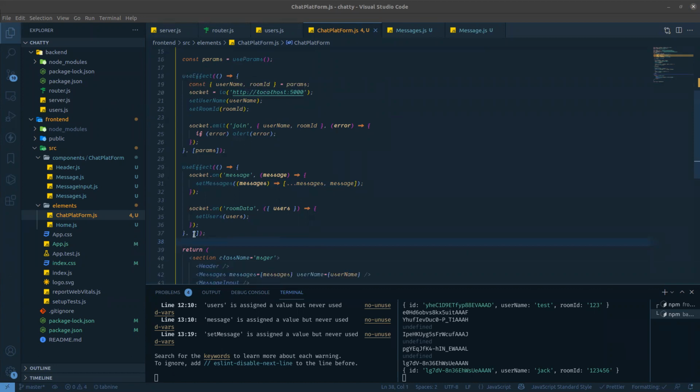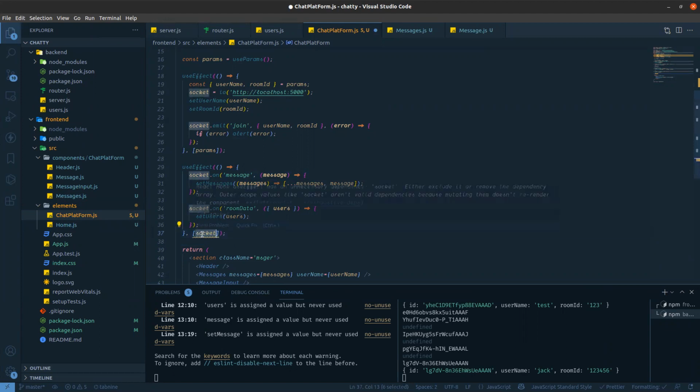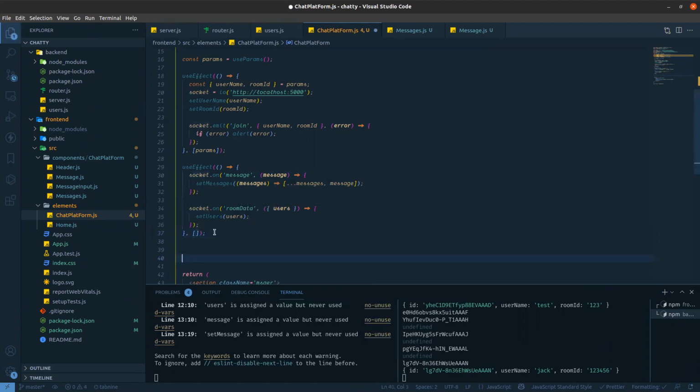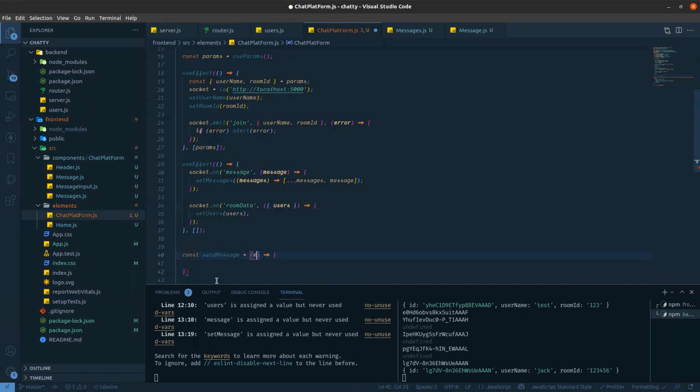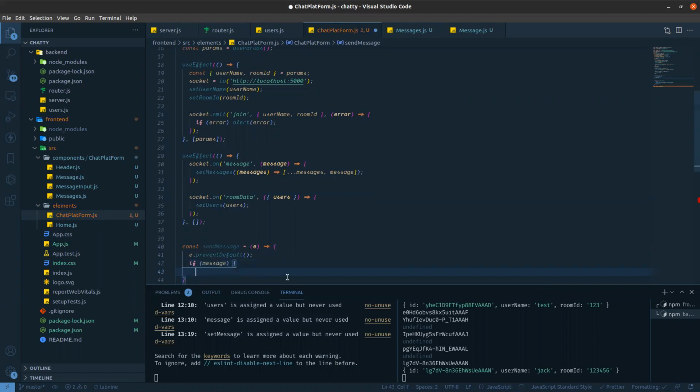So this is socket. Now I am creating one send message, with an event e. First thing, we need to prevent the default JavaScript behavior, we need to prevent that event. Now, if any message is there, then we need to emit that message.